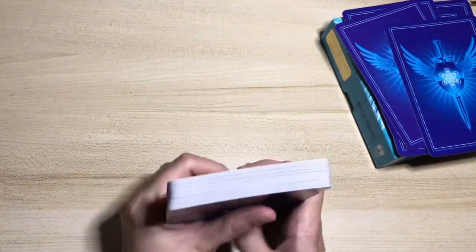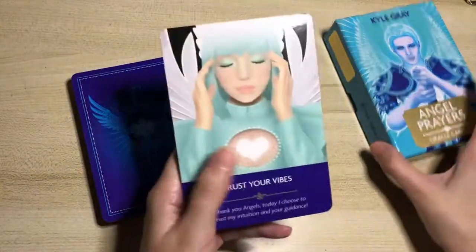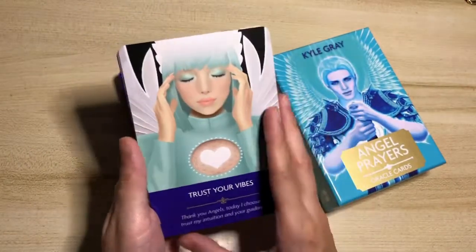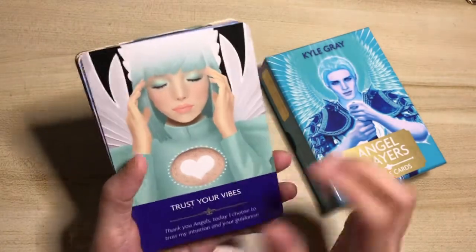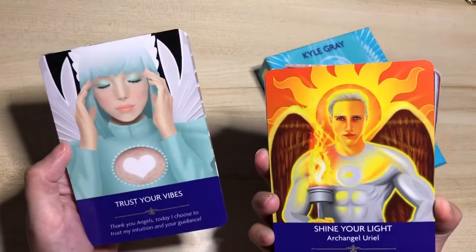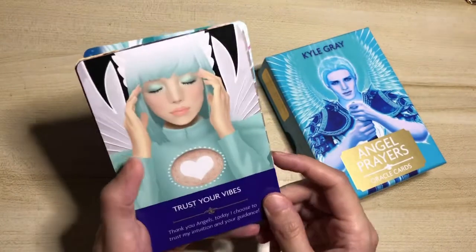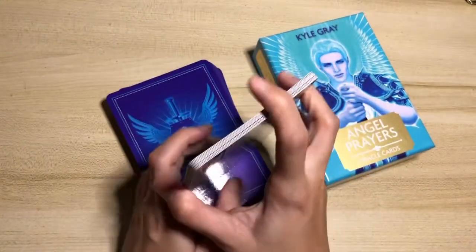Right? So that is your flip through. And the reason why I set these cards apart is because there are so many. I guess one of the reasons why I don't really reach for this deck much is because of the aesthetics. To be honest, I'm not too keen on the artwork of this deck, and this is just my opinion,